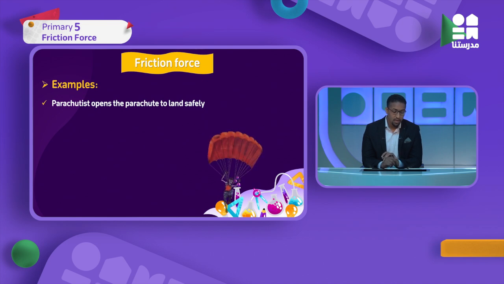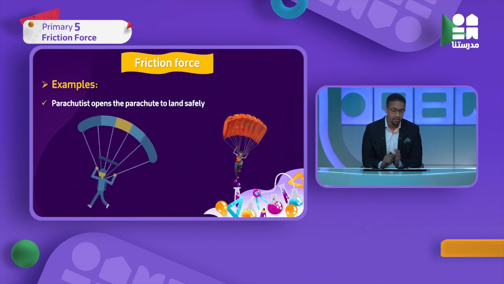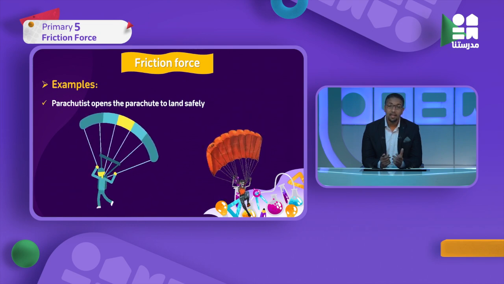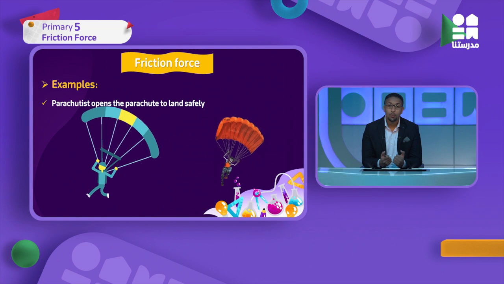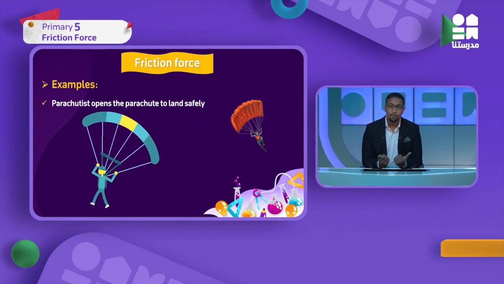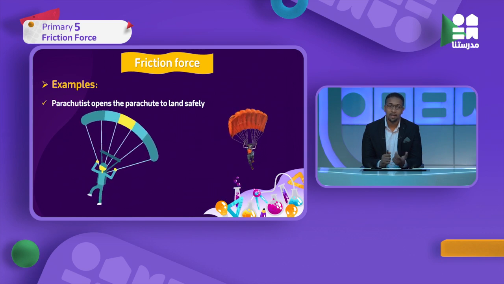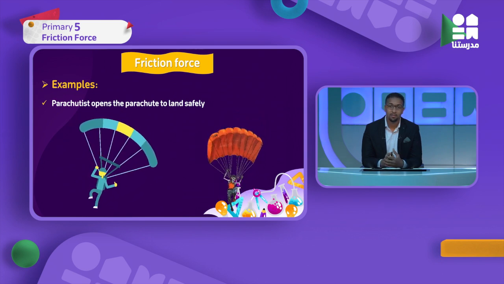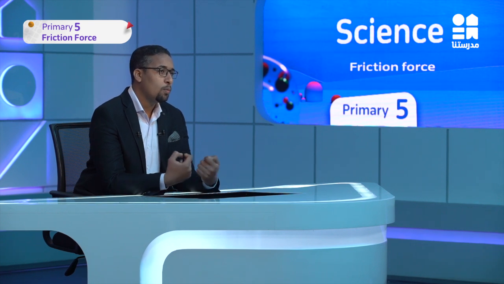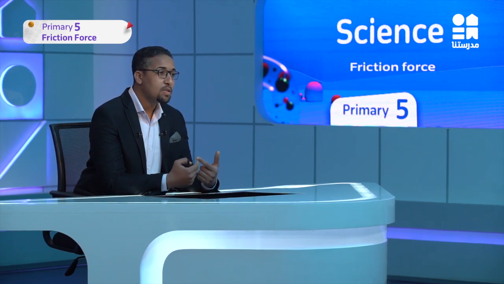Parachutists open their parachute to land safely. في حاجات تانية احنا محتاجين air resistant to decrease our speed. Imagine a parachutist that jump from an airplane or aircraft. في حد بينط من الطيارة ومعاه الباراشوت بتاعه. أكيد السبيد بتاعته will increase. طيب عشان يعمل landing or land safely، عشان ينزل على الأرض بأمان، لازم يعمل إيه؟ لازم يقلل السبيد بتاعته، لازم